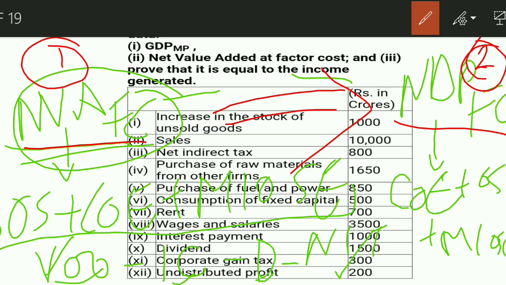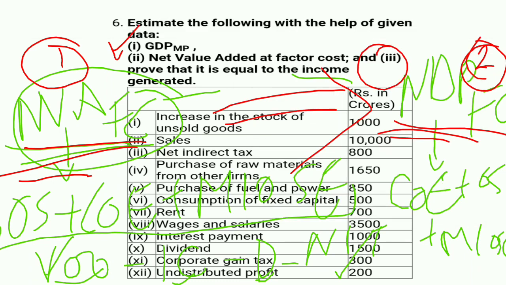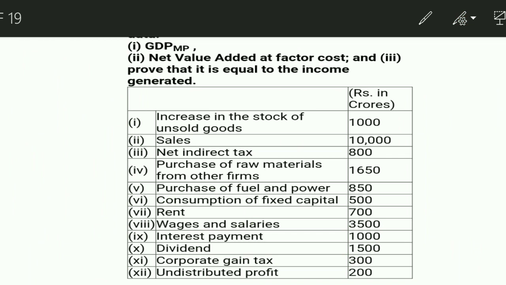Alright, and since the question is talking about only one firm over here, it has given us the data of only one particular identical unit. So here net value added at factor cost will be equal to net domestic product at factor cost. Now we have to prove it. We know it theoretically, but we have to prove it in this question. So we will see how we do it in the later stages. Let's first do the first part and then the second part, then we will reach this part of the question. So for now just remember these theoretical things, right?